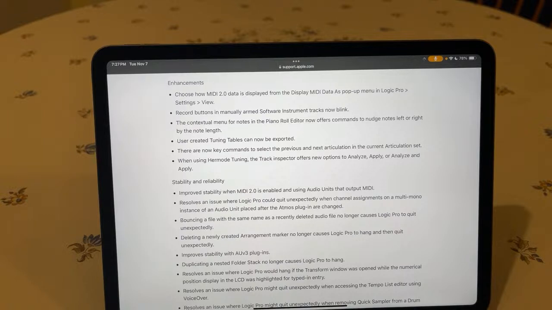And then something that I haven't messed with yet, but I want to mess with, when using Hermode tuning, the track inspector offers new options to analyze, apply, or analyze and apply. This is something I've wondered about for a long time. How were the tracks being analyzed for Hermode tuning? It's not something that, in theory, you just set and run. If you don't know what this even is referring to, it's a tuning system that allows at least Logic's instruments and any of them that are programmed third party to use it,